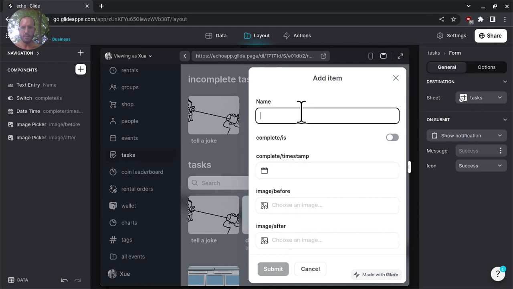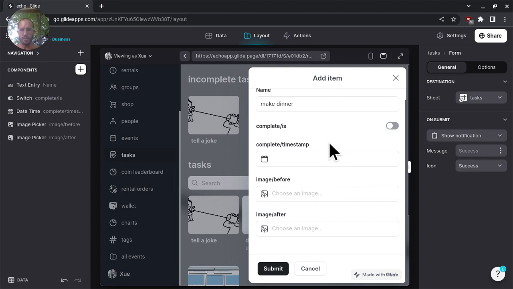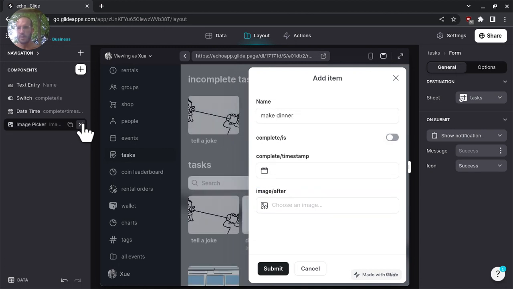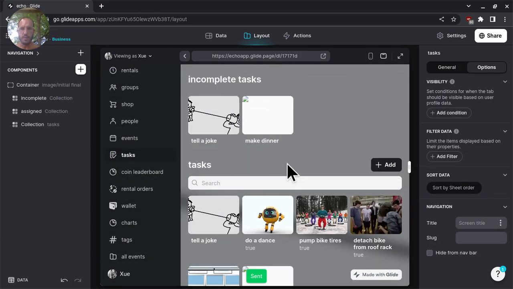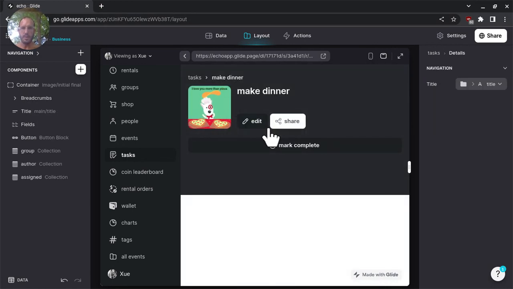Let's say someone says make dinner, and complete timestamp. Well, we're not going to have an image before or after. I think that'll be with the completion logic, and the date complete timestamp when it was completed. Yeah, alright, fine. Probably want to put an image in there, but we're getting like the animations now. Okay, and when I go in to make dinner, I want to be able to mark